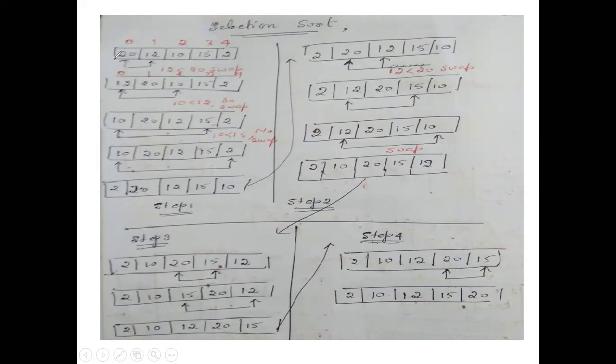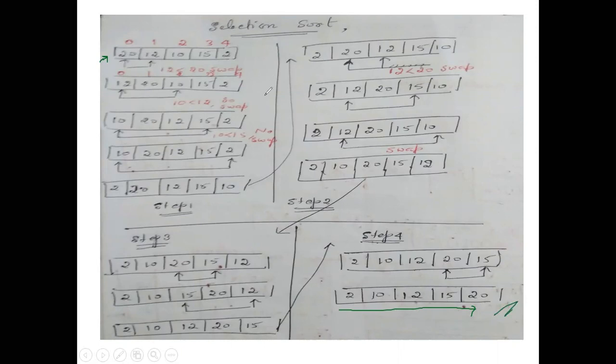So here I have taken an example with 5 elements. I need to arrange or sort these elements of the array. You can see now the elements of the array are not sorted. We have to sort it, and the ultimate answer you get is a sorted array. Sorted array means the elements are arranged in increasing order here. So this is the answer you're supposed to get.